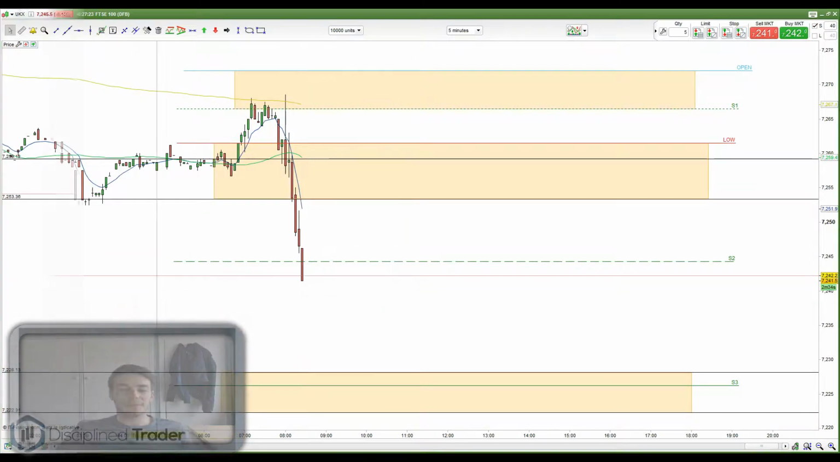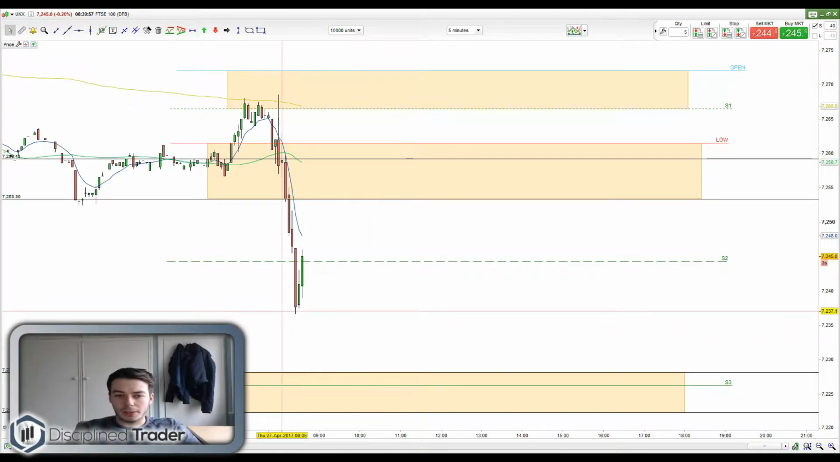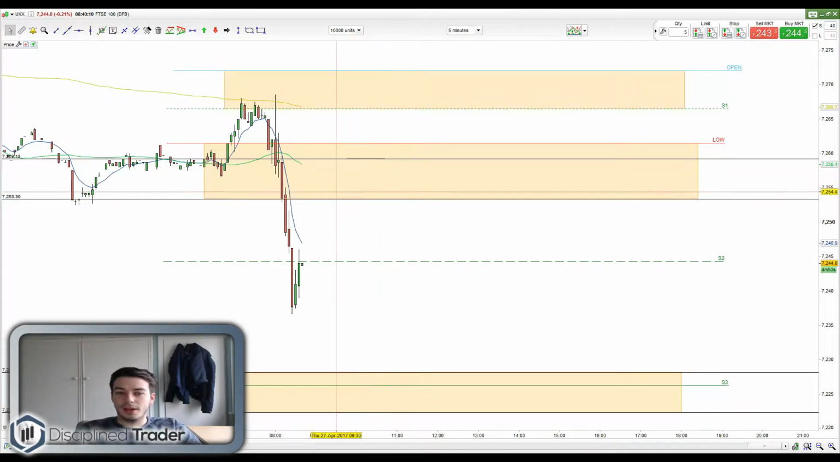I'll keep you posted. Okay, so just another little update. Price has actually started to pull back a little bit now. Whether it's going to have enough strength to get back up to our 4-hour support and resistance band, I don't know. I would definitely like it to. But just looking at the